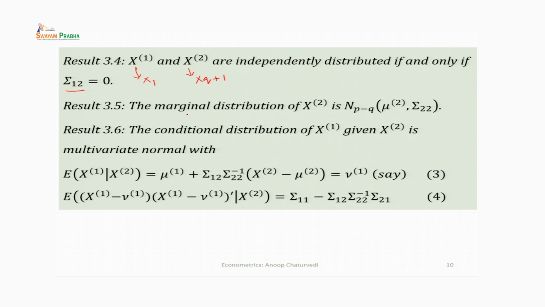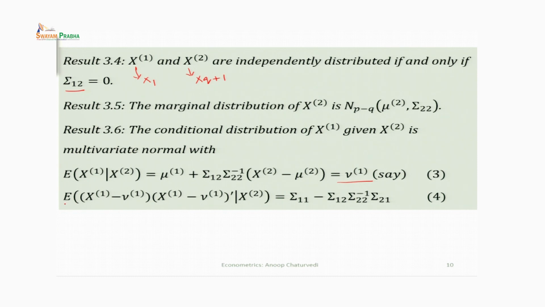Then if you derive the marginal distribution of x 2, the marginal distribution of x 2 is again a multivariate normal distribution having p minus q components. It has mean vector mu 2, which is actually the expectation of x 2, and variance covariance matrix sigma 2 2. And then the conditional distribution of x 1 given x 2 is also a multivariate normal distribution, and this has conditional mean vector, expectation of x 1 given x 2, equal to mu 1 plus sigma 1 2 sigma 2 2 inverse (x 2 minus mu 2), equal to nu 1 say,